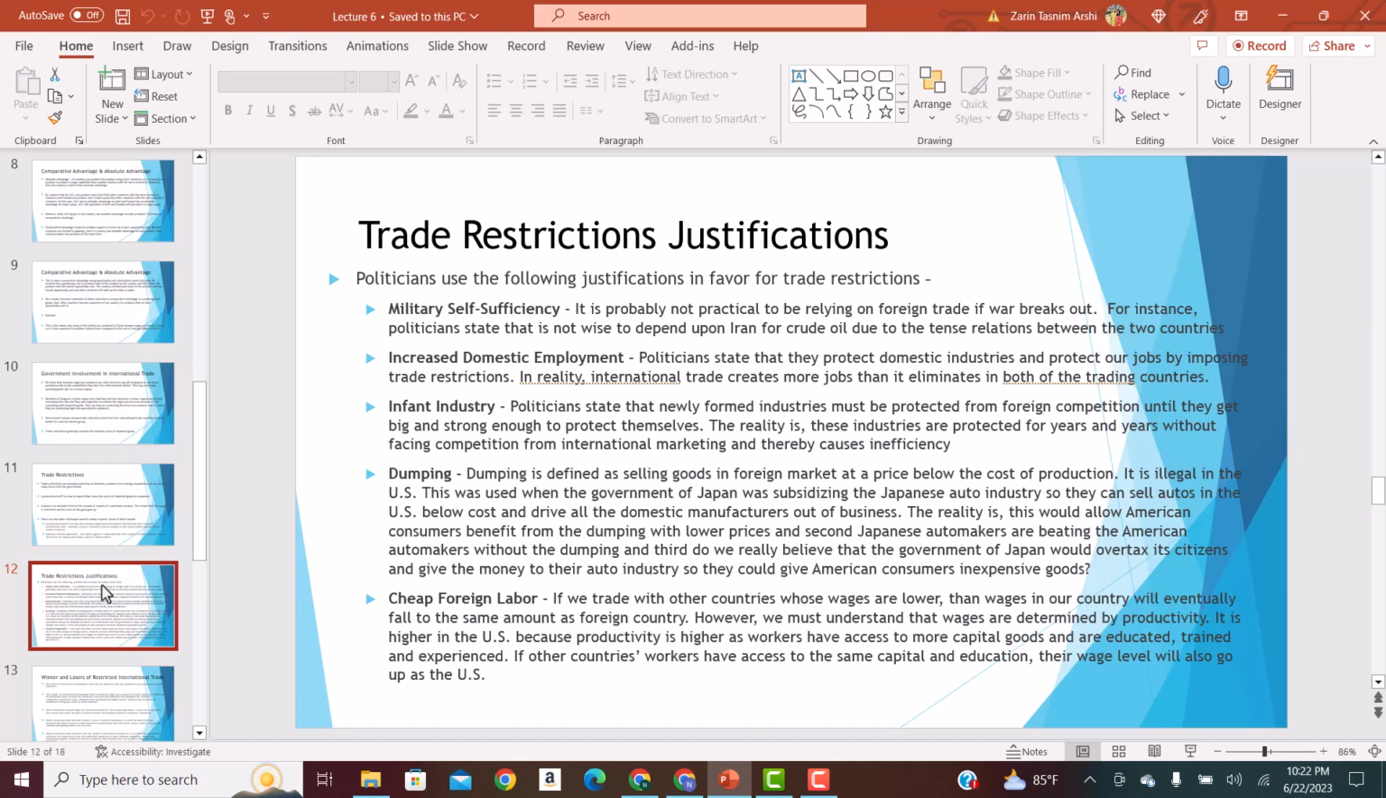Again, this is not true. Wages are determined based on productivity and your talents and your skills. In the US, most people are involved in the service industry. They're engineers, they're doctors, they're software developers. So they get paid based on their skills and productivity, not based on comparison to wages in other countries. Okay, so this is also not true, but these are some of the justifications that politicians use in implementing trade